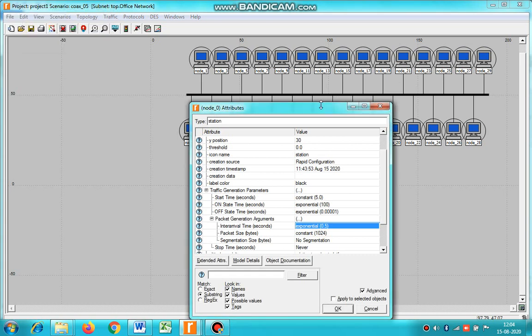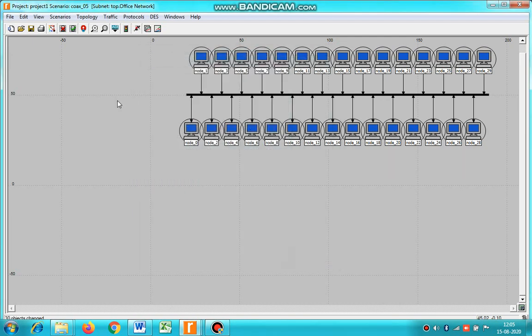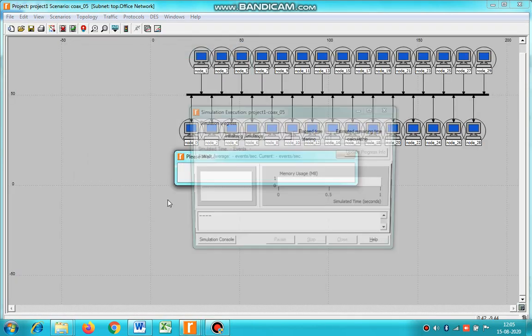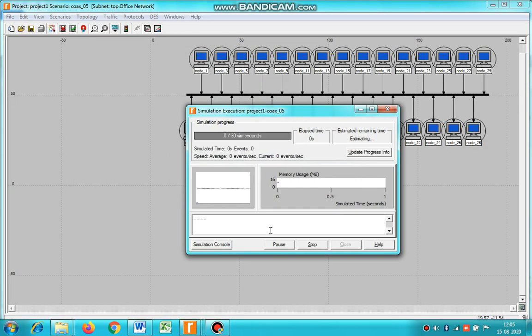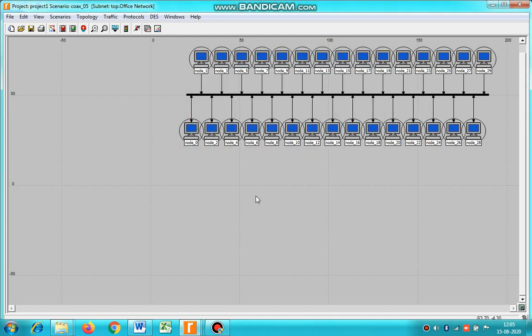Okay. Apply to the selected nodes. Okay, and then run the program. Run. Select close. So like this you have to do it for 8 duplicate scenarios with different values.